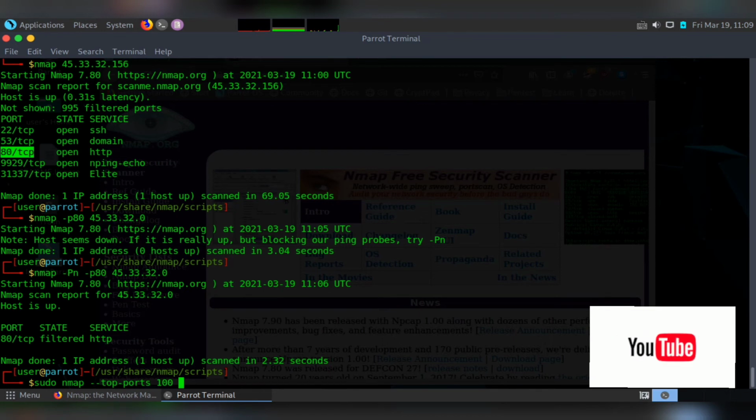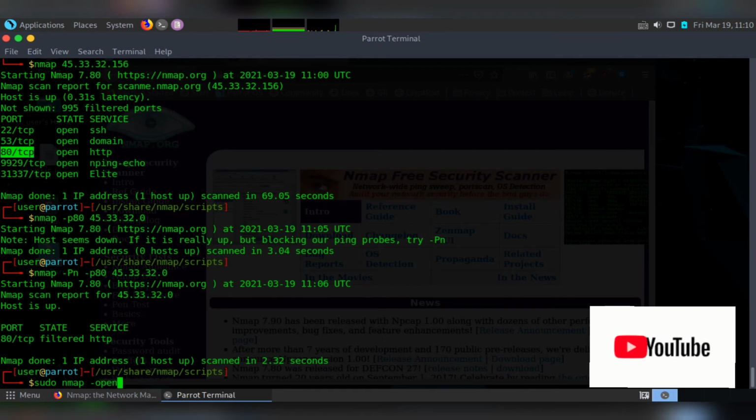Then, if you want to check for only open ports, you can use combinations of this port option, and you can also use --open. This --open will only provide you the result for the open ports. It will not tell you about closed ports or any other ports like filtered ones. It will simply tell you the open ports.